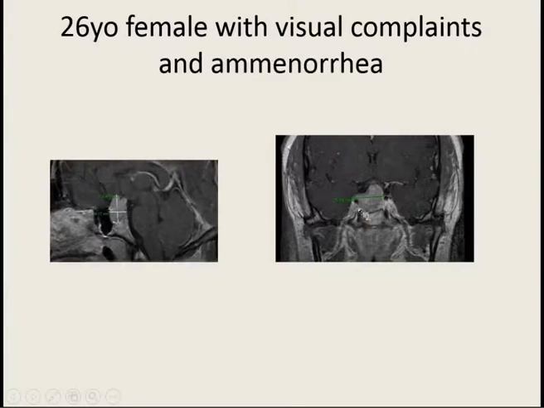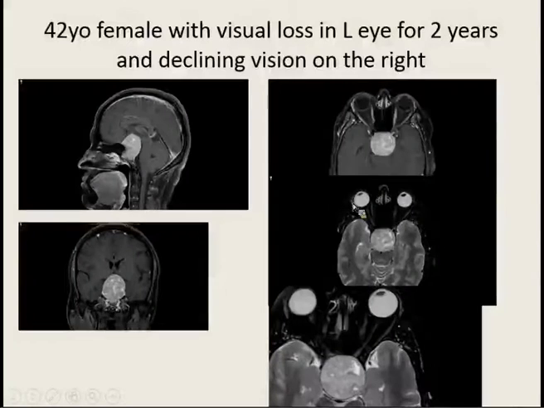26-year-old patient, female patient with visual complaints and amenorrhea, comes in with this large lesion, and you can see the tumor actually distorts the optic chiasm, and the tumor enters that area of the cavernous sinus and encases the right cavernous carotid artery. Here's another case, 42-year-old female with